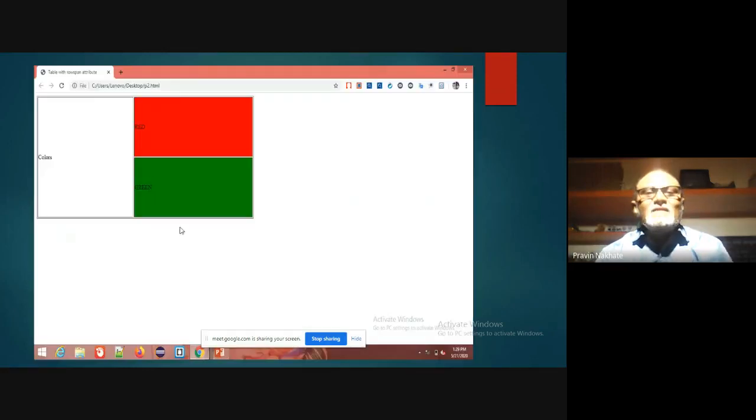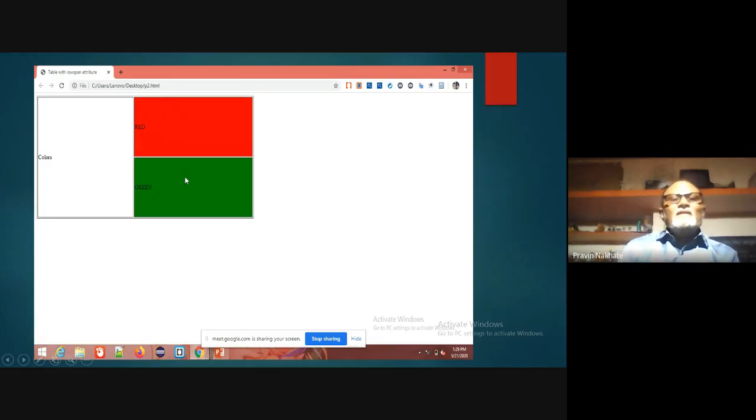In this way, the text color is displayed by merging two rows here, and here the other column contains two rows. The first row contains the red information with the red background. The second contains the green information with the green background.